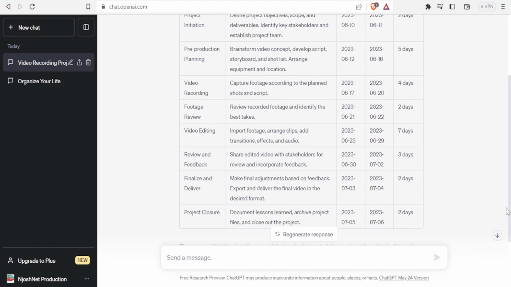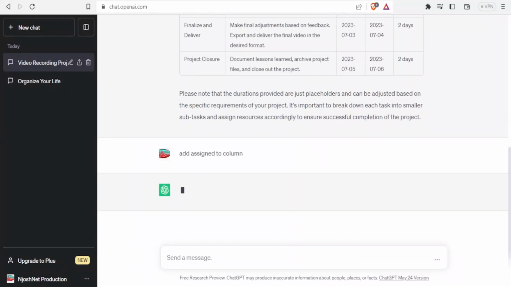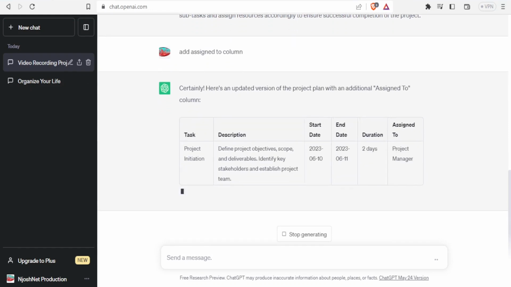Now, I already like it, but what if I want more details on this? For instance, for the project initiation, it is just open. Who is in charge of this? So to do that, I can give another prompt here, and ChatGPT is able to rely on what it has generated, so I don't have to retype everything. Maybe I'll just say add assigned to column, then I just click on send message so that it's able now to generate